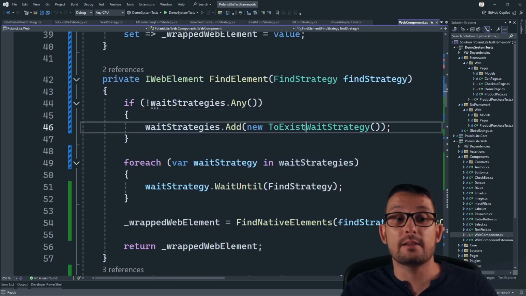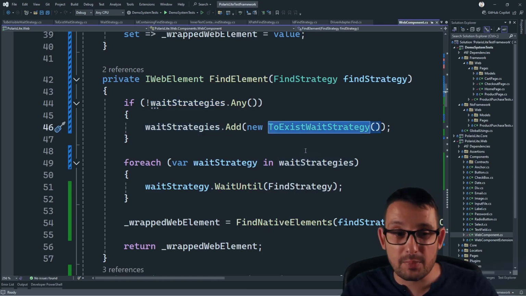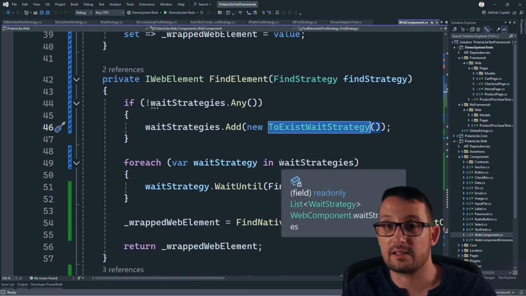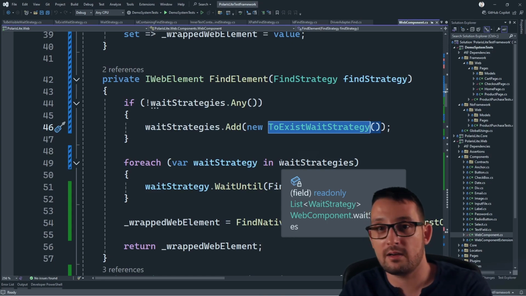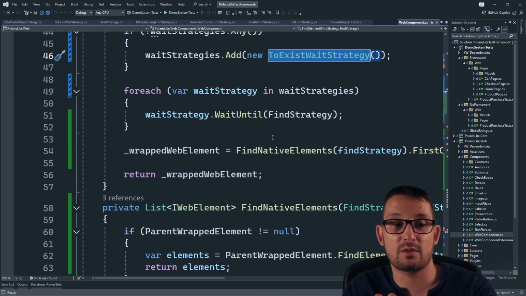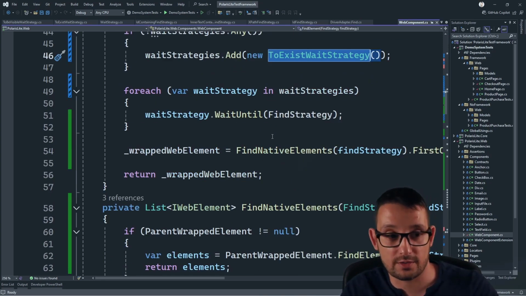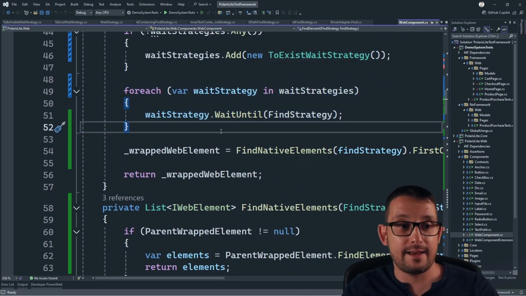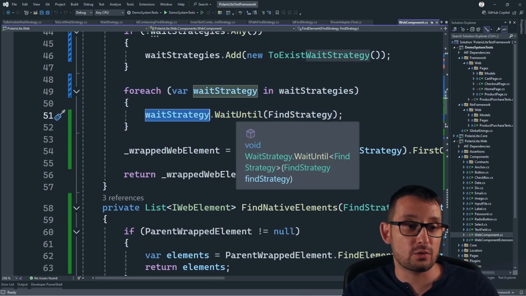If we don't, then every time we're going to at least perform one strategy, and this will be our to exist strategy. This means that every time we'll at least check whether this particular element is visible, exists on the page or not. So we're going to foreach this list, and as you can see, we're going to call